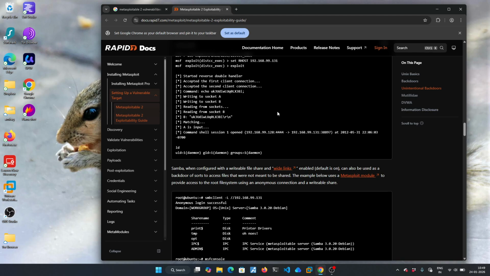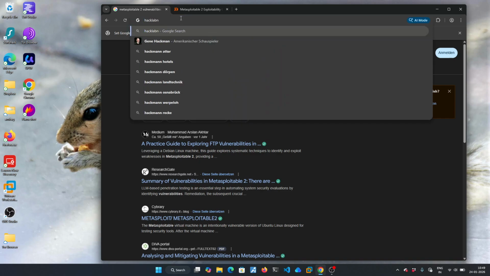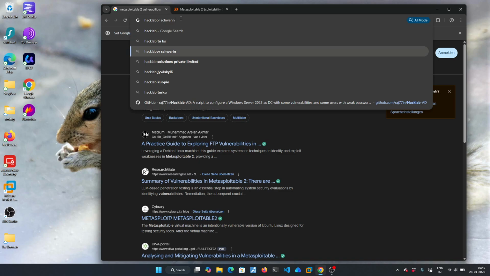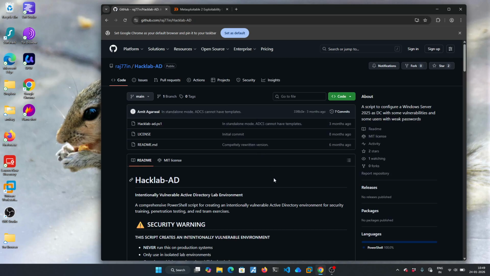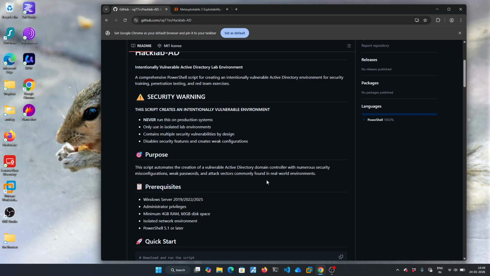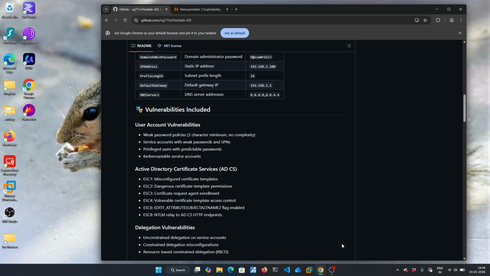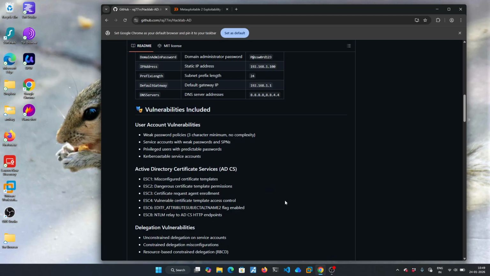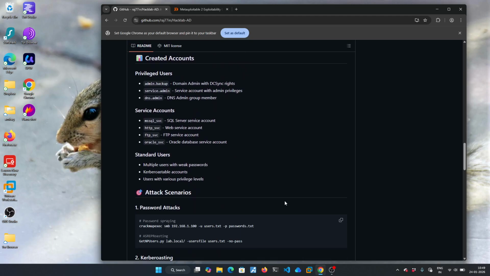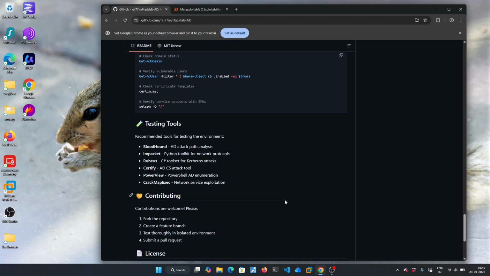for learning purposes. Now, once we have done that, then again, as I mentioned, we will go to HackLab AD. So this is the Windows vulnerable machine that we talked about, and we will start looking at how to exploit this with the use of LLM and the MCP server that we have built. So that's how we will be progressing with